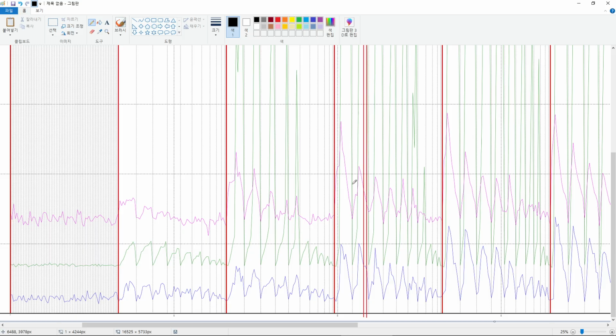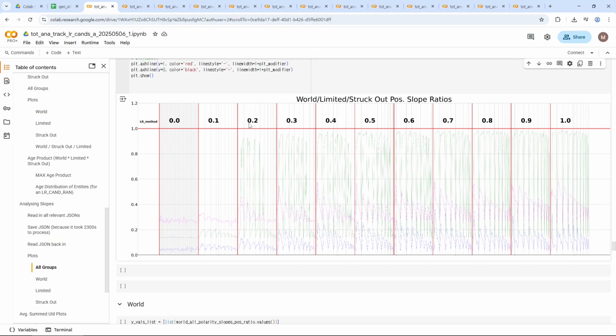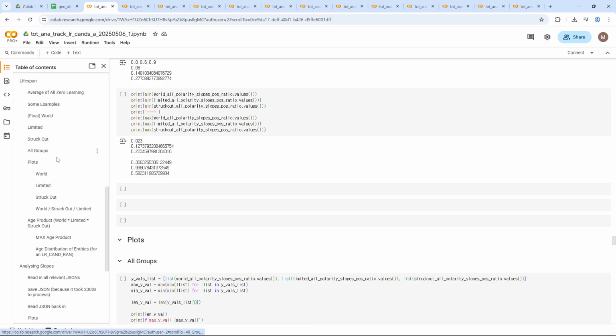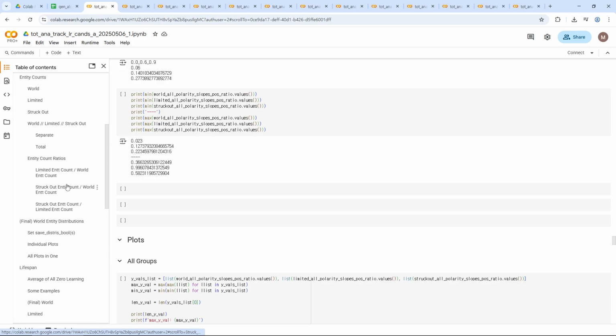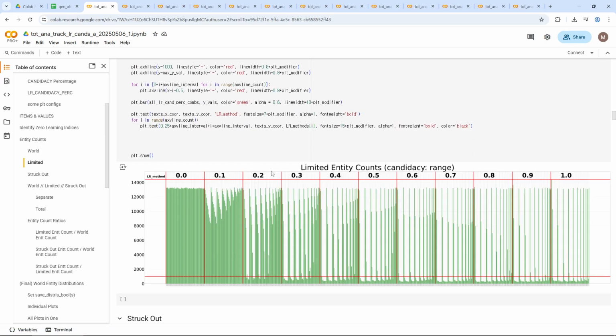And I think that may be due to the fact that if we come back to the entity counts, if we go back, entity counts,